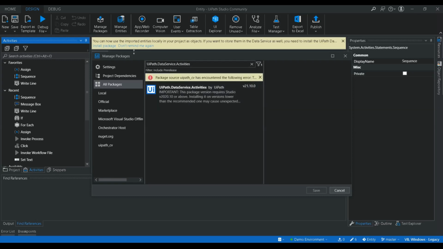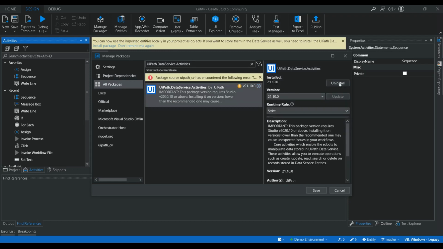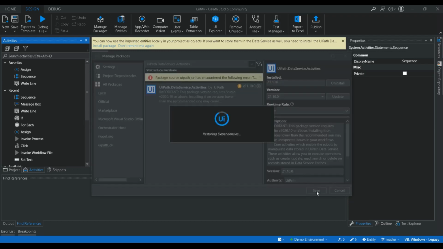If you don't get this particular pop-up, what you can do is just go to manage packages, go to all packages, and search for data service. You can see the particular activity. Click on install, click on save.